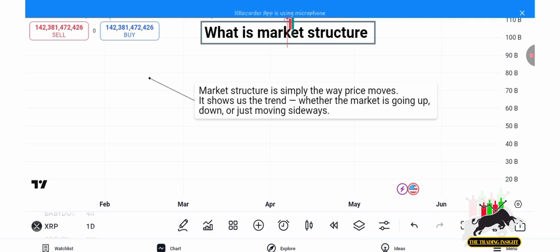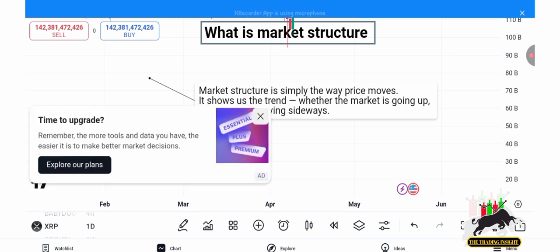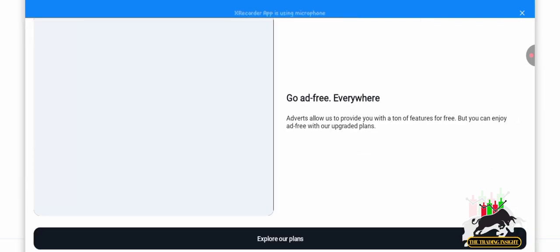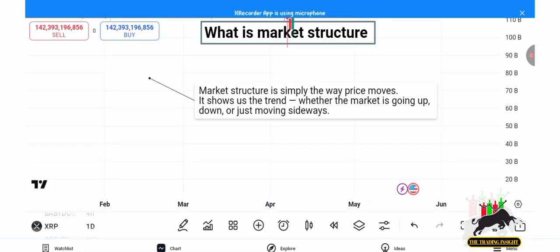I'll be using crypto to teach so that we can understand quickly, because when we understand, we can implement it to any other pair or any other financial instrument. So I'll be using crypto to teach us. And I like when I'm lecturing or teaching that you are with your writing materials. Guys, please make your writing materials available closer to you, because you're going to be learning a whole lot.